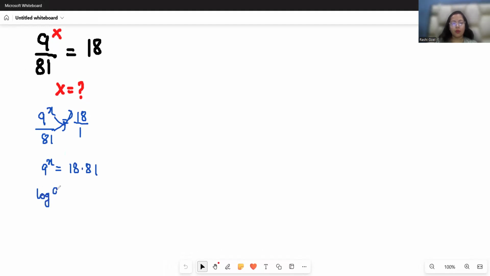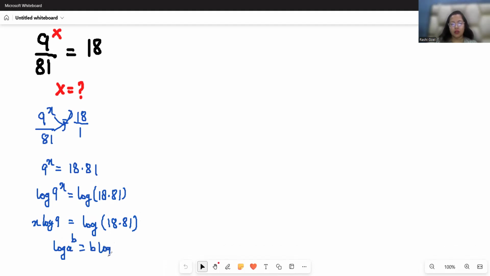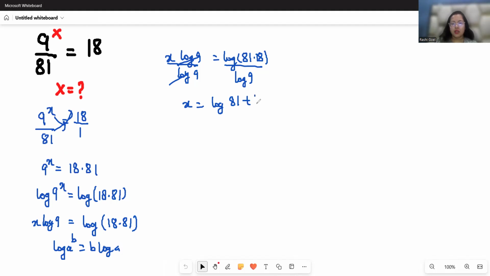Now, if I take log on both sides, so log 9^x = log (18 times 81). So this becomes x log 9 = log 81 + log 18. As per the log rule, log a^b, we can write it as b log a. So if I divide both sides by log 9, this will cancel out. So x = (log 81 + log 18)